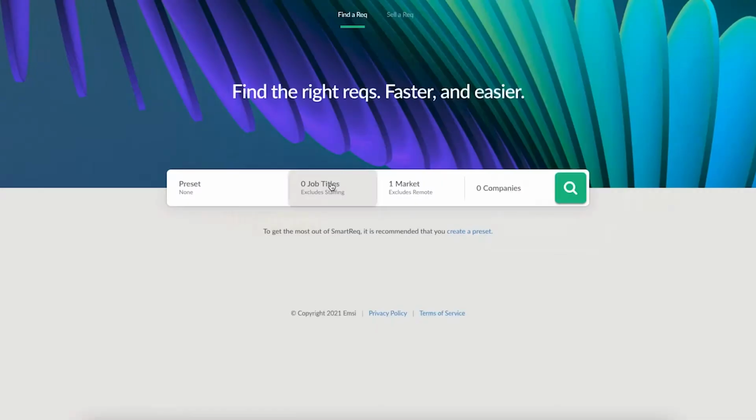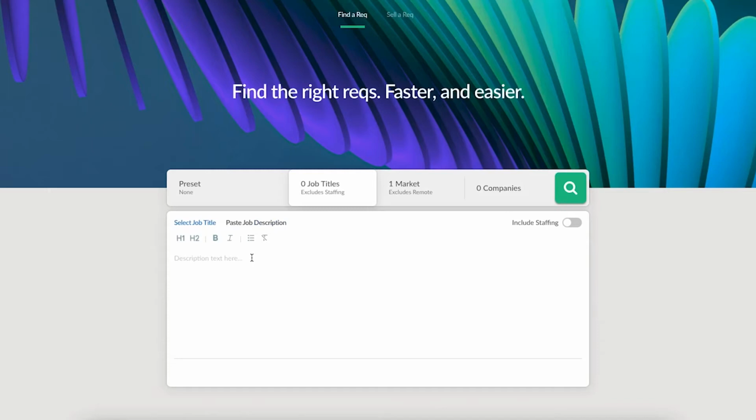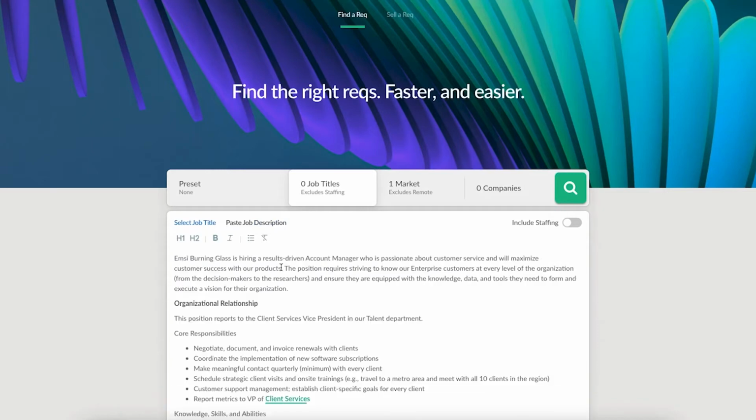There's also something else you can do in the Find a Rec section. Let's say you're working with a client who gave you a job description to fill. It'd be helpful to know if anyone else in the market was looking for something similar. That way, you could fill a job for not just one employer, but maybe a whole bunch looking for the same thing. In the Find a Rec section, paste your job description into the tool, and SmartReq will identify all